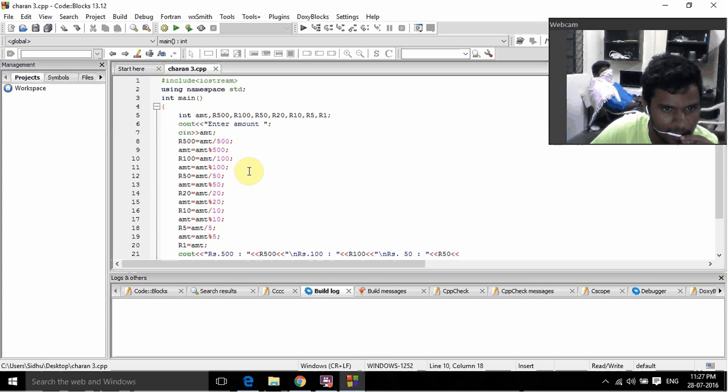By which I get a remainder, which takes the place of this amount, and this amount is divided by 50, and I get the number of 50 rupee notes which is present, and the amount is further modularly divided by 50, which gives the remainder. The amount which is acquired is further divided by 20, and I get the number of 20 rupee notes over here, and I divide it modularly by 20, and I get the remainder, which becomes my amount